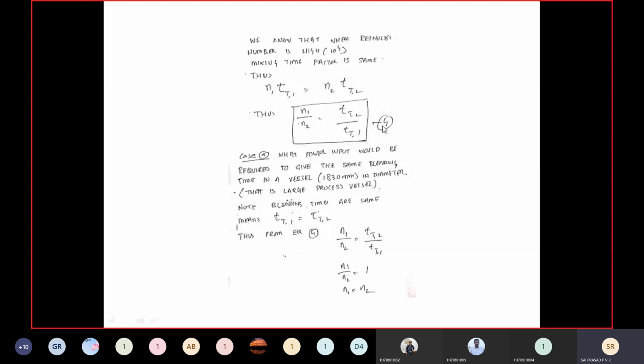So I call this equation number 4. Now let us go to the first part of the problem. What power input would be required to give the same blending time? Same blending time, but both the vessels remain constant. When I say same blending time, I write it mathematically as